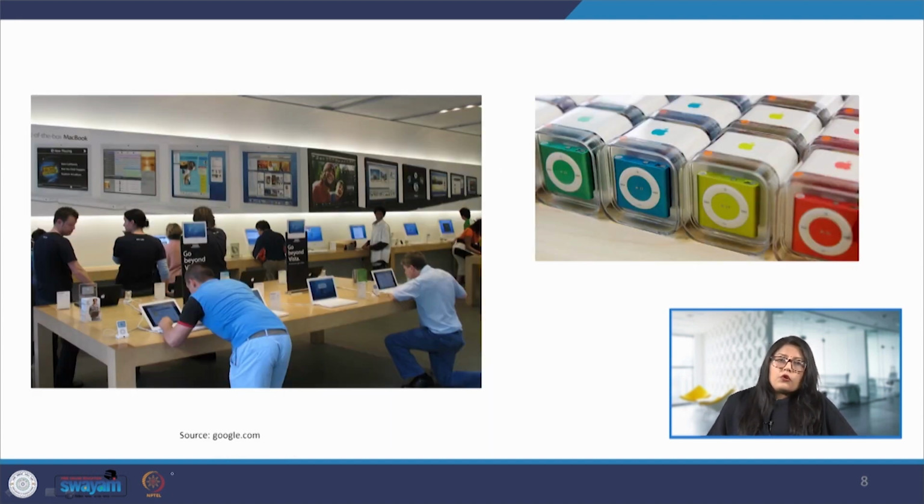So when we think of a good interactive product, so many companies and products probably come to our mind. One of them is Apple, and Apple is known to come up with products that are aesthetic, that is visually pleasing, and also very functional. At the same time, the company ensures a very positive experience for users, as we can see in the image: at the Apple store, the users are exploring the product, checking out the functions, and are free to play around with the products.